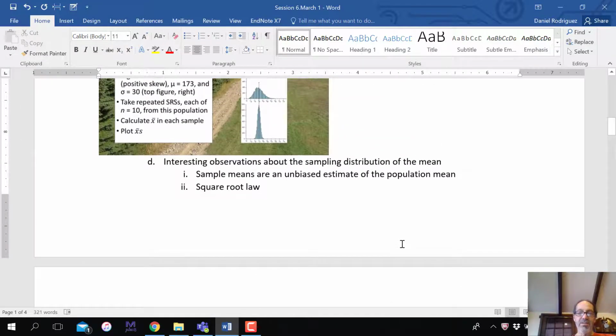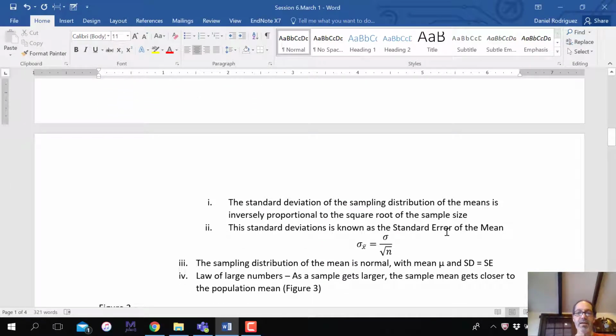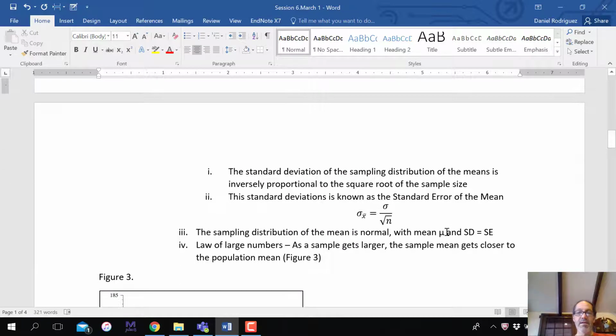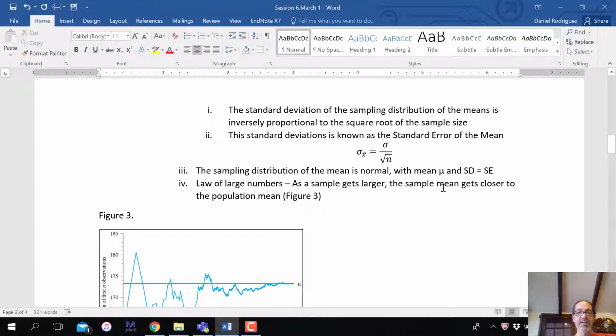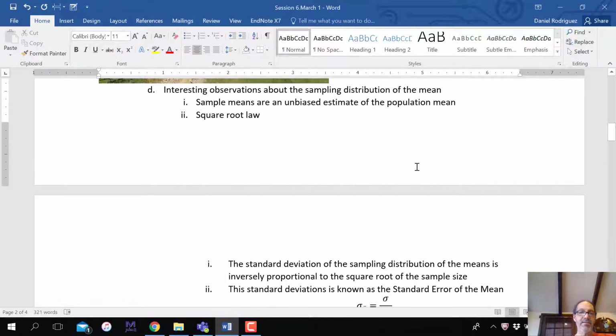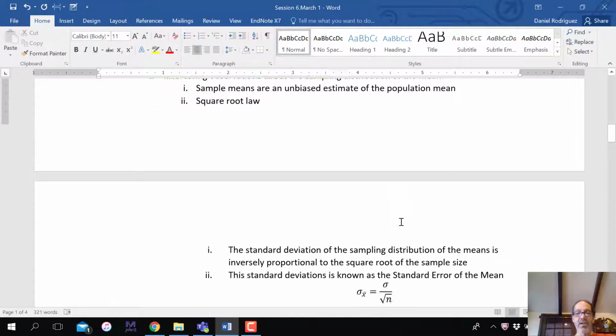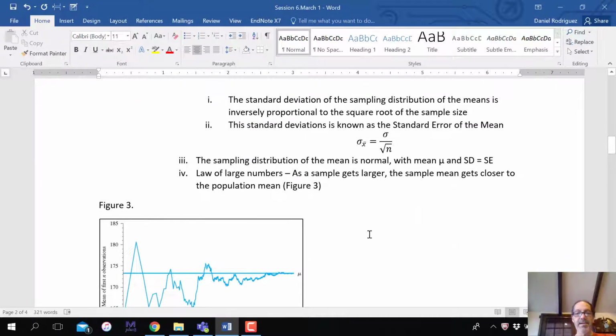So the larger the sample size, it'll get smaller and smaller, thinner and thinner, which has implications for statistical testing, power, type 1 error, type 2 error, things that we're going to talk about later. So we talked about that. So this falls under that rubric of square root law, right? Okay,